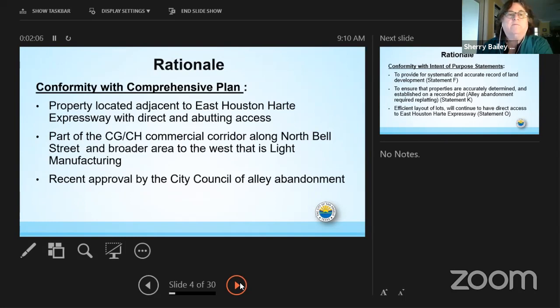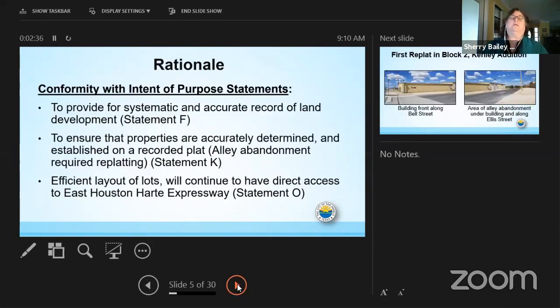The proposed plat conforms with the comprehensive plan. It is property located adjacent to East Houston Hart Expressway. It has direct and abutting access to two streets and then onto East Houston Hart. Again, it's part of that CGCH commercial along North Bell. And again, the city council did approve the alley abandonment. It conforms with the intent and purpose statements: statement F, to provide systematic and accurate record of land development; statement K, to ensure that properties are accurately determined and established on a recorded plat, the alley abandonment included in that; and statement O, efficient layout of lots, and it will continue to have direct